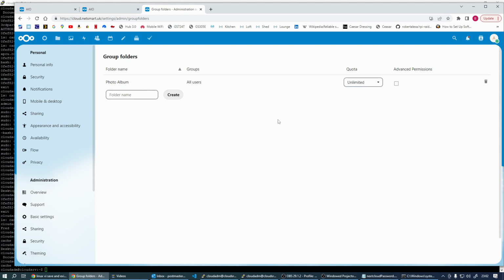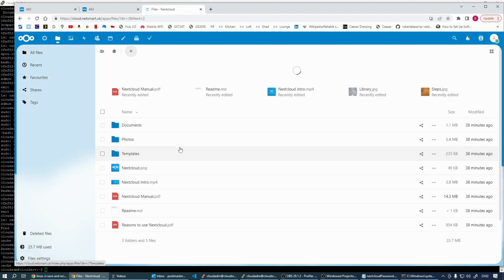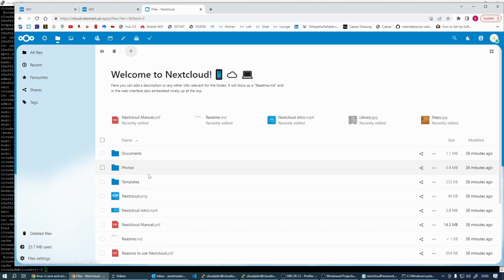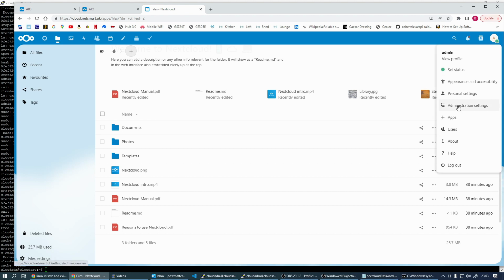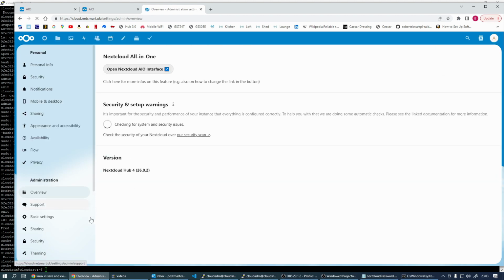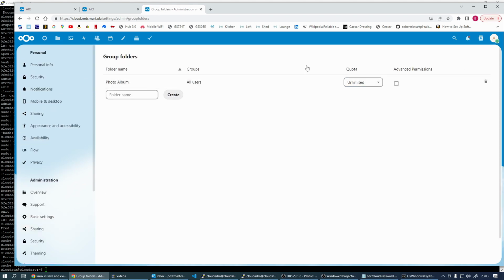Quotas unlimited. Yeah, so these, but you can't select active users as the members of the group. So all users still has no actual members in it. So if we come back to here, my files, we'll see nothing here. There's no change. So if we come back now again to admin settings and down to group folder, no,